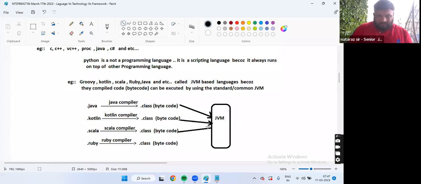All these .class files we can give to the JVM, guys, and the JVM can happily execute this application.